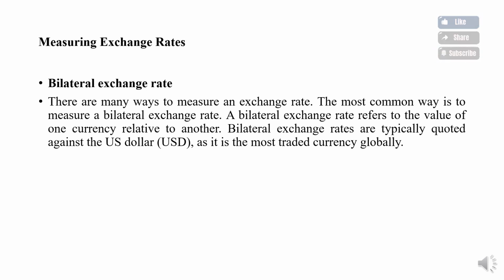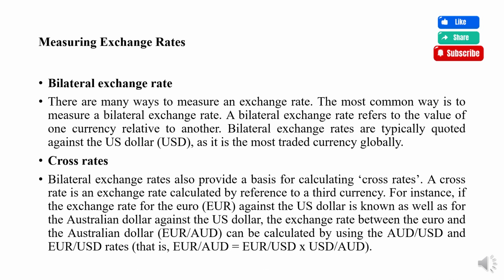The second one is the cross rates. The bilateral exchange rate also provides a basis for calculating a cross rate. A cross rate is an exchange rate calculated by reference to a third currency. For instance, if the exchange rate for the euro against the US dollar is known, as well as for the Australian dollar against the US dollar, the exchange rate between the euro and the Australian dollar, euro divided by Australian dollar,